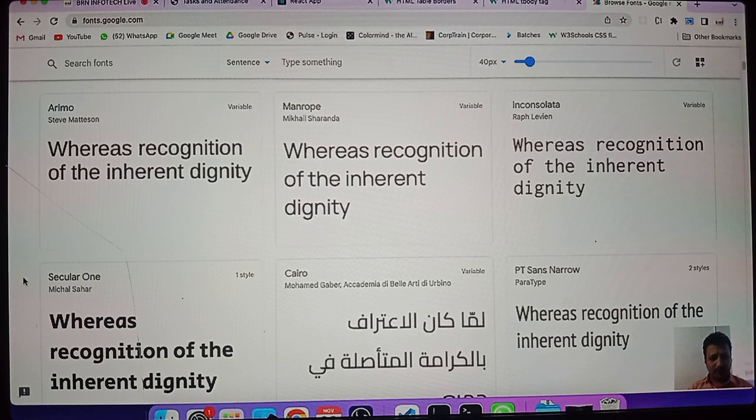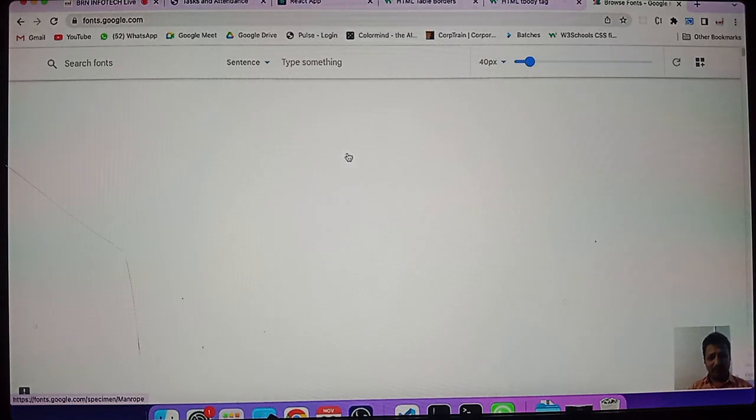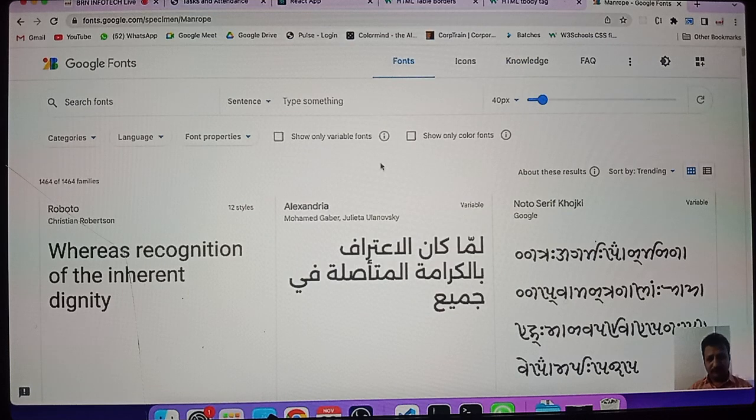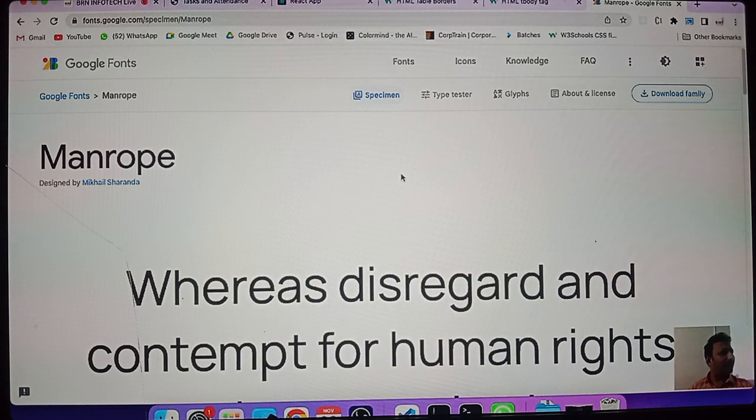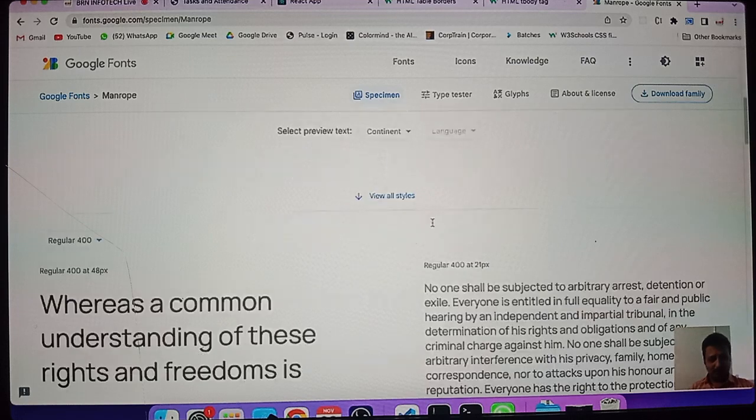Okay. There is a font called Manrope. Let me select this. Either I can use it by downloading, creating a font base, or I can directly link it. Now I wanted to link it directly. So here, what I am doing,